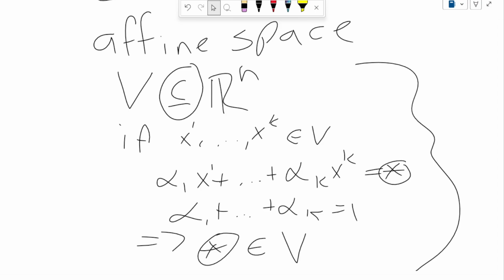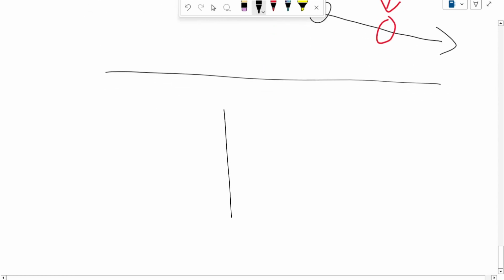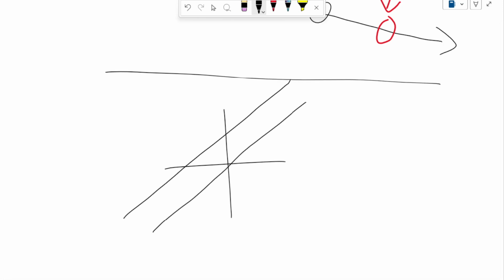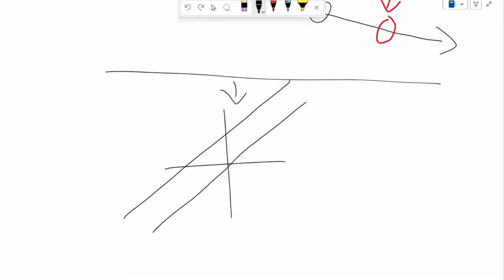Earlier I mentioned that if you have a line that's going through 0, 0, that's going to be a subspace. And then if you want to get another line, what you can do is take that. So we have a line that goes through 0. We have a line that is parallel to it but doesn't go through 0. And to get this line, we simply take the first line that goes through 0 and we add a constant to it, right? So it turns out that you can do this with any affine space,